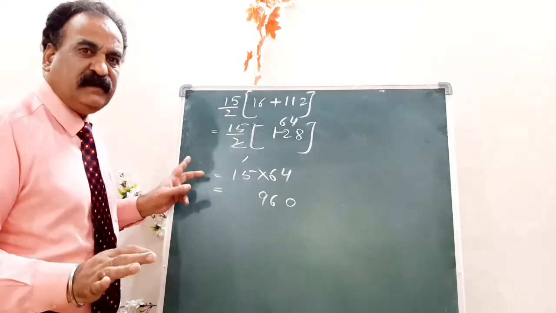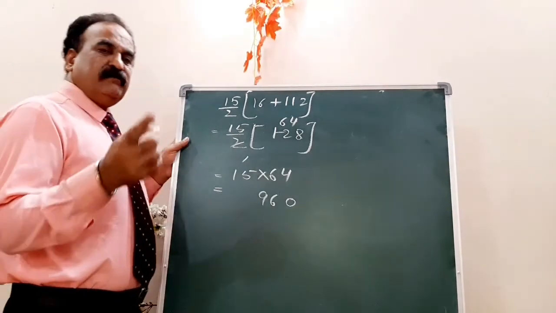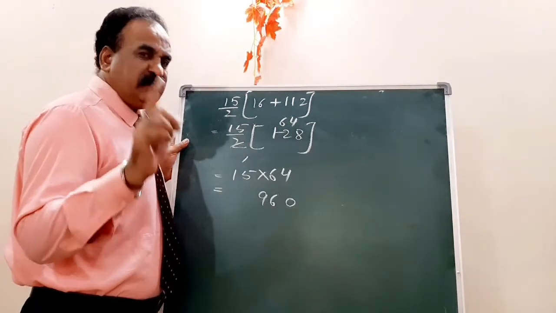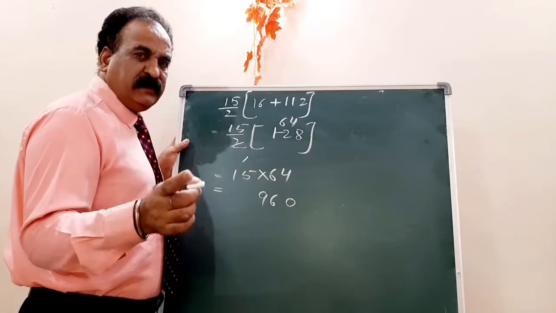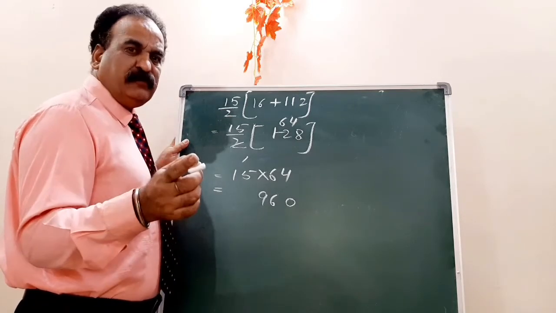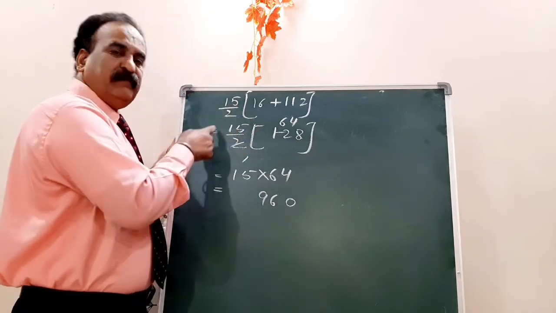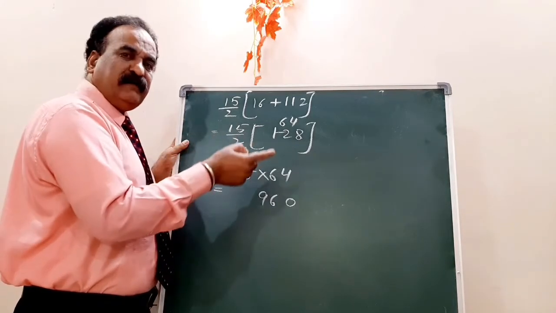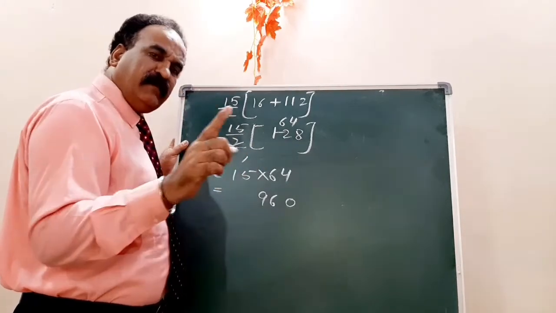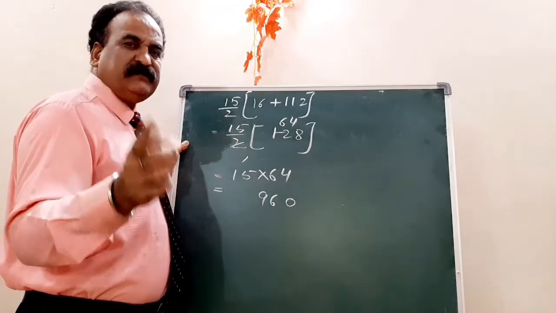I hope this is clear to you. See, the first number is 8. We want the multiples of it. So a is equal to 8. The common difference will also be 8. And the number of terms is 15, given to you. And I apply the formula Sn is equal to n by 2 into bracket 2a plus n minus 1 into d.